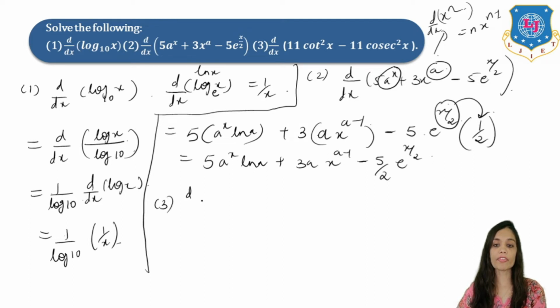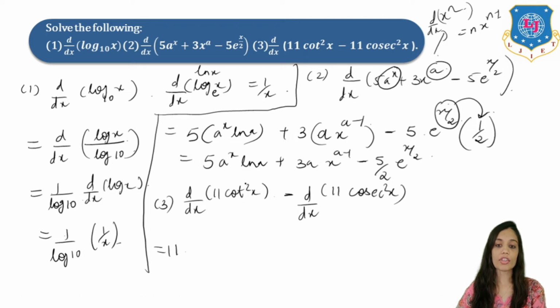So we have to find derivative of 11 cot square x, right? Minus, I am separating the terms, so d by dx of 11 cosec square x. This you are given. And I have separated both the terms. Now 11 will remain outside. Now we have to find the derivative of cot square x. So firstly I will bring my 2. So power over here, decrease one power, so it will be cot x. Now find the derivative of cot x. It is what? Minus cosec square x.